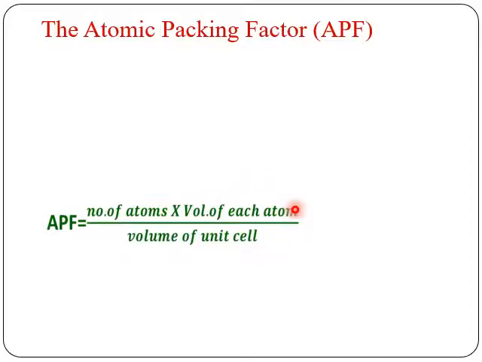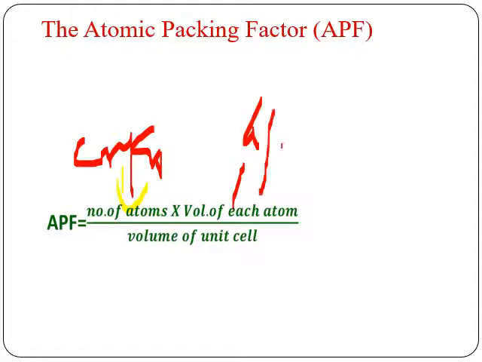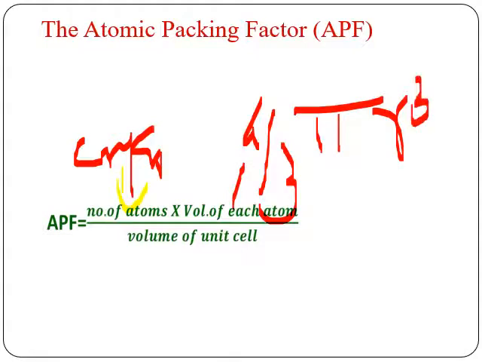Okay, so normally, you might have heard in the PUC, we assume the atom as a spherical one. The volume of a sphere is 4 by 3 pi r cube. So here it depends on the numbers, depending upon the crystal structure. So here the volume of an atom is 4 by 3 pi r cube, that we'll see.